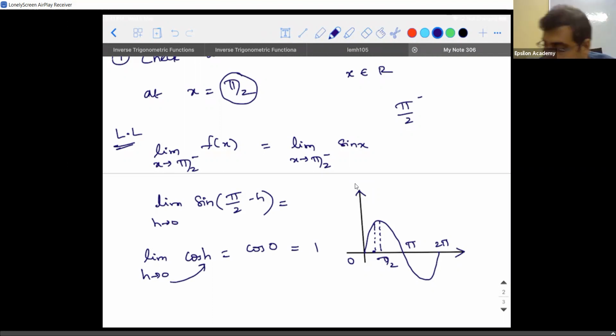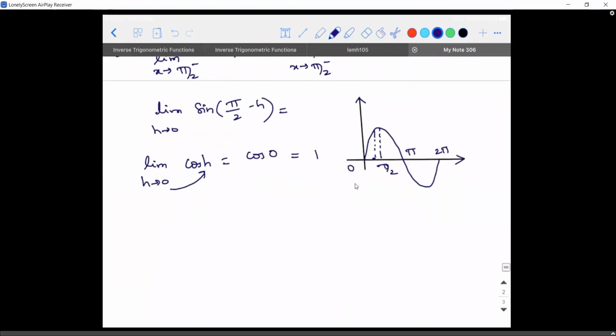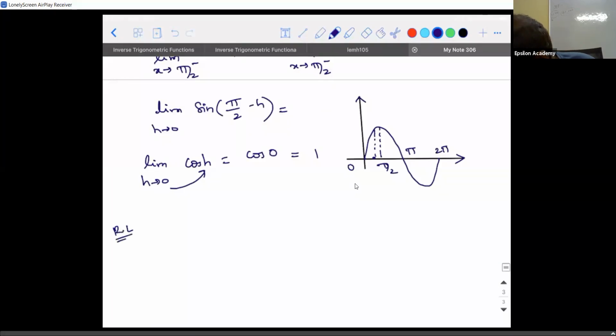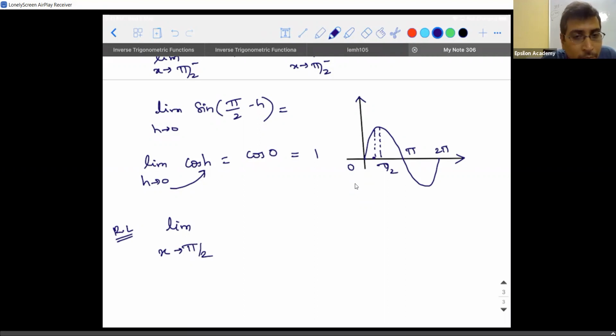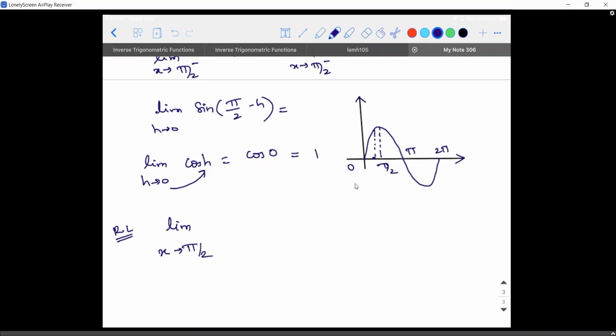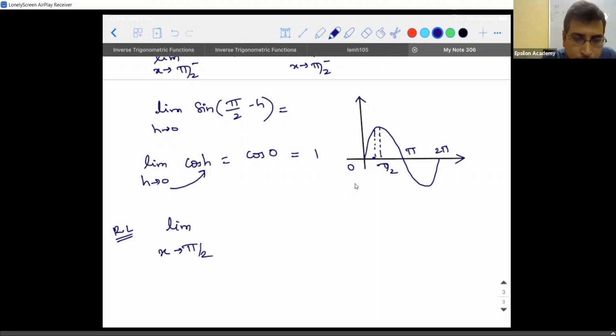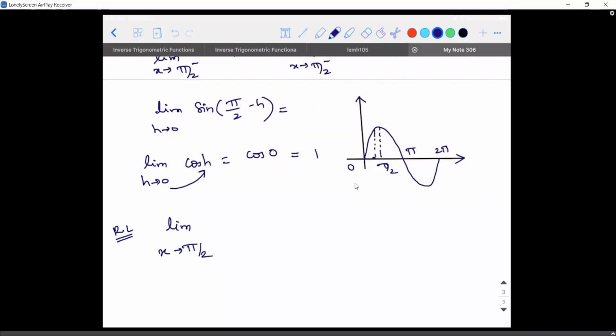Yes, sir, sin 90 is also equal to 1. No doubts, sir. Sin 90 minus theta, 10th standard complementary functions. Sir, can we transform sin 90 minus h to 1, so we can say that sin 90 minus h is sin 90? Don't make that mistake. You got the final value as 1, no? You will understand how costly that mistake is when I take a discontinuous function. I'll show you why you are not supposed to do it. For 5 minutes wait, then you will understand.